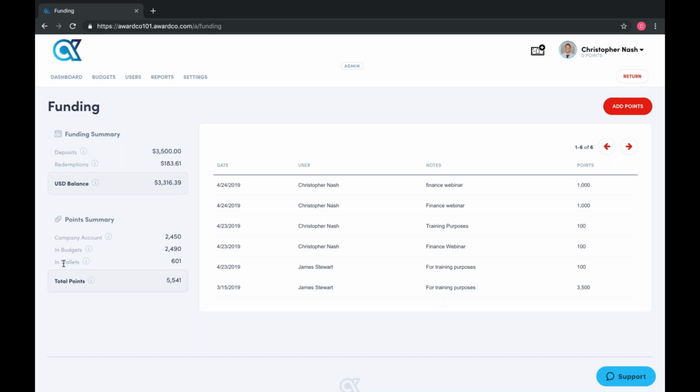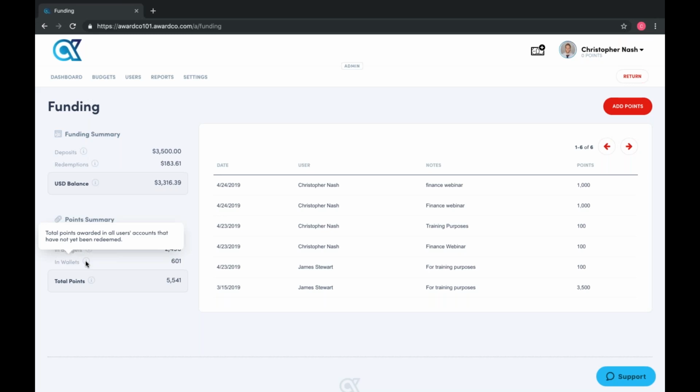In wallets is a new term, and as you can see here, we actually have tooltips on each one of these data points. So if you forget the definition of any of these that I've just gone over, you can hover over the tooltip, and for example, in wallets, it'll show you right here that it's the total points awarded that have not yet been